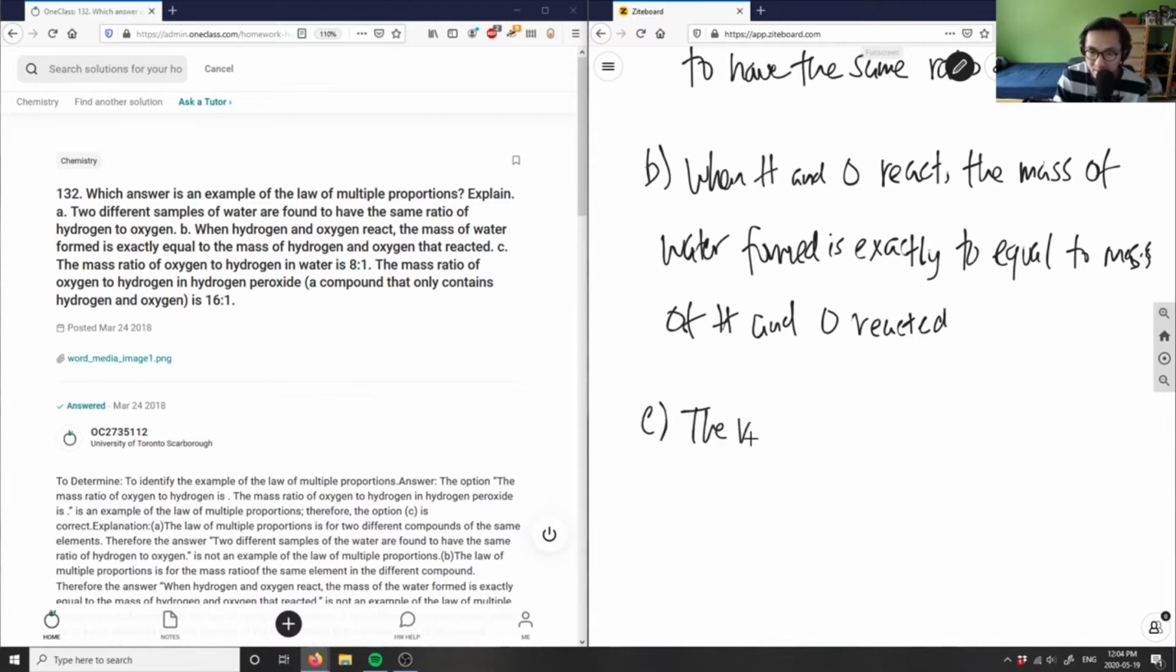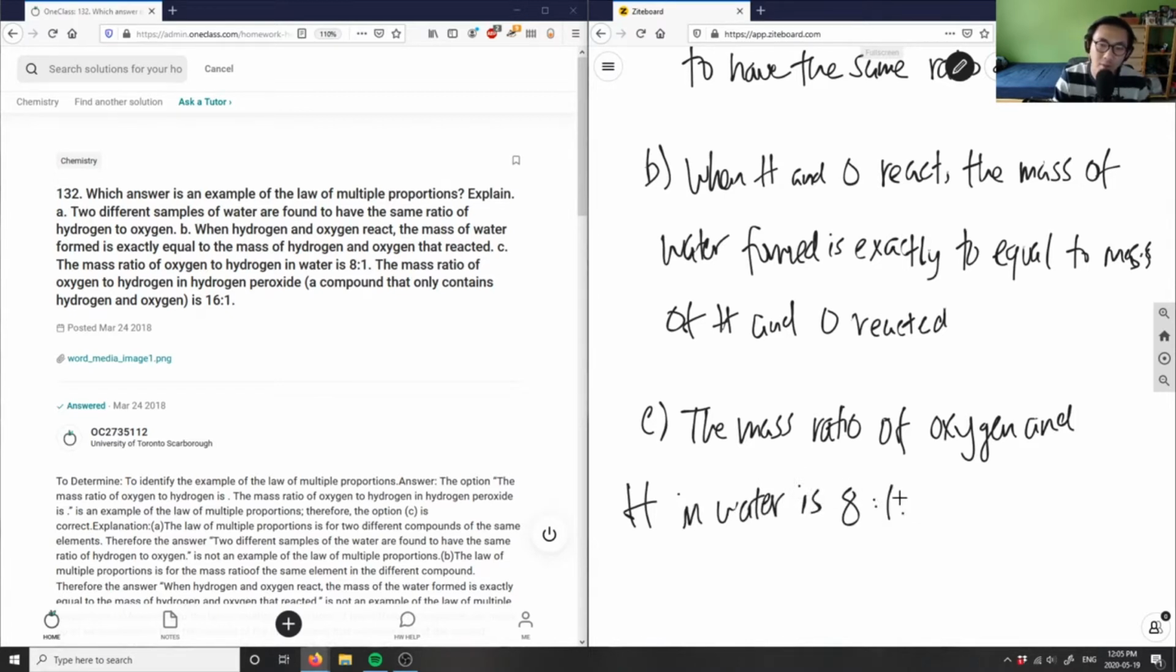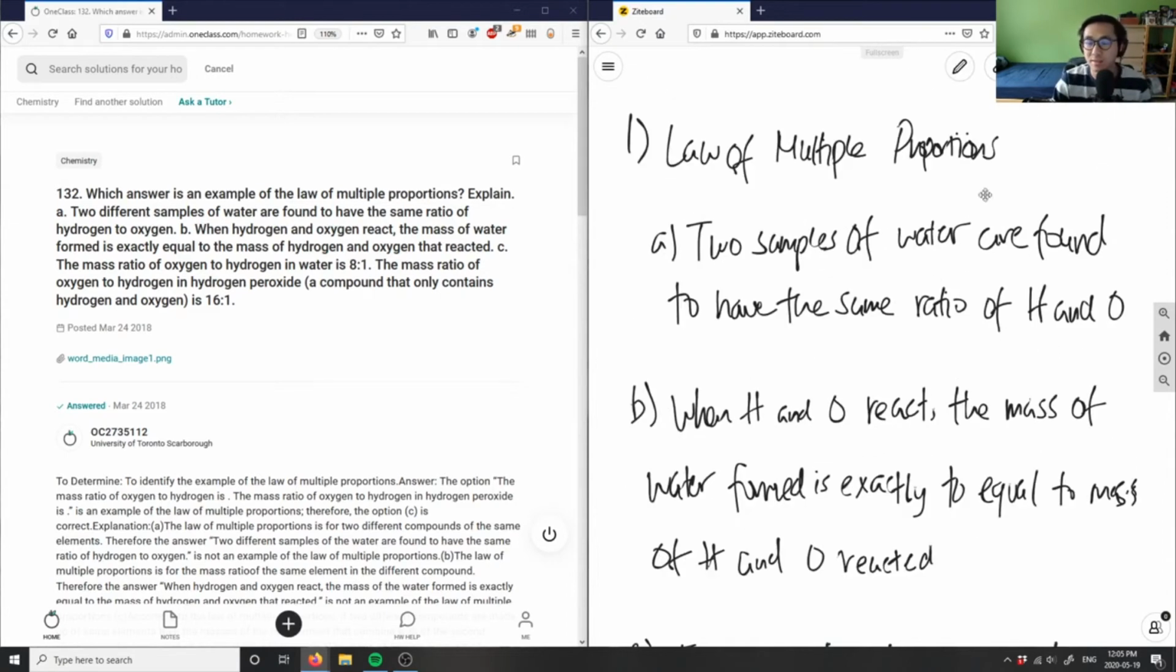C is the mass ratio of oxygen and hydrogen, H, in water is 8:1. So looking at these three statements, let's look at the first statement here. I want the law of multiple proportions. So first of all, we have to define what the law of multiple proportions is in order for us to solve